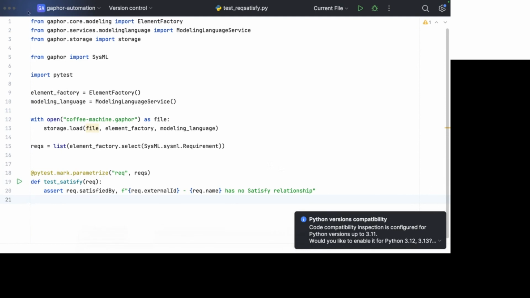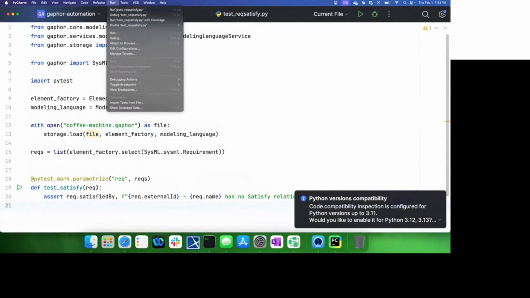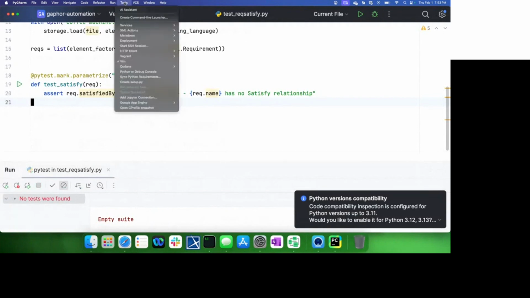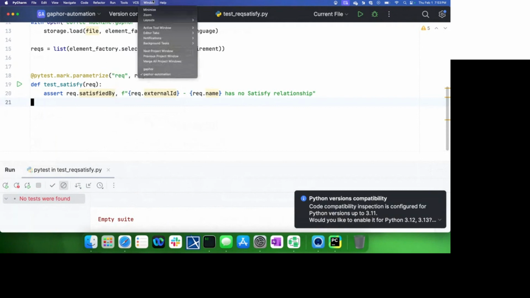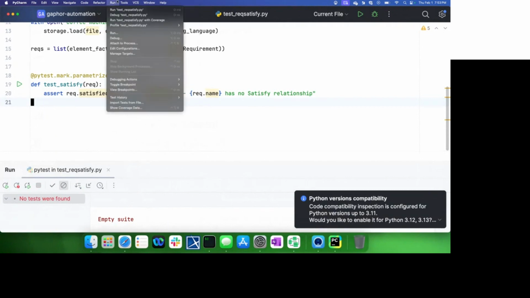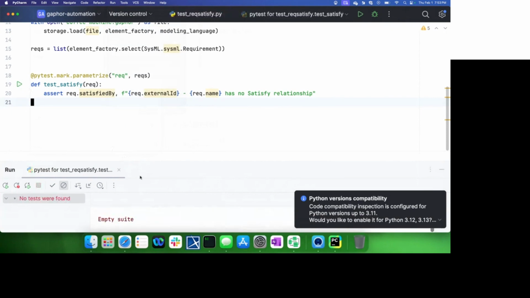So if we now run this, okay, I'm not sure how to get to the, yep, so we're going to run it. Okay, that didn't work. Let's get our, yeah, I don't know why that says the test suite is empty. Let me